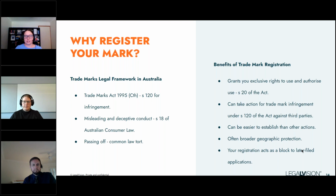Now, with that background about how to select a good trademark and what types of trademarks are likely to be registerable, you might be wondering why you should register your trademark. It's not mandatory to register your mark in Australia, but there are a number of benefits. To provide some context to this, it's useful to have a brief understanding of the legal framework that recognises and